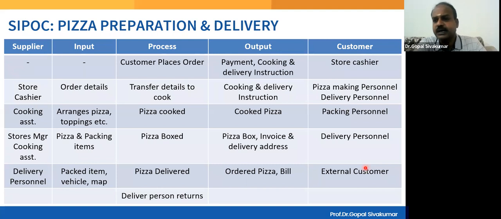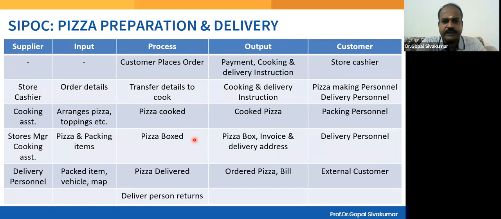And now another simple process, SIPOC for pizza preparation and delivery. See here, the process goes like this: the customer places an order for the pizza, and then the cashier, after collecting the cash, transfers the details to the cook, and then the cooking instructions and the delivery instructions are passed on, and then the cooking personnel will actually cook the pizza, and then the cooked pizza will be boxed and then packed properly with all the